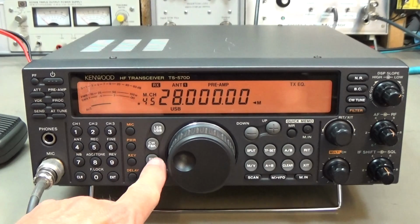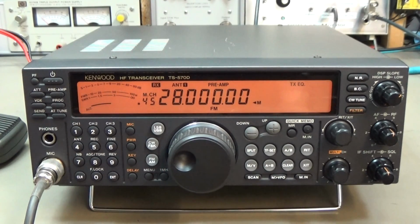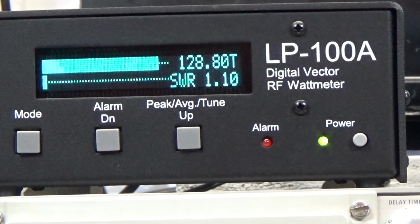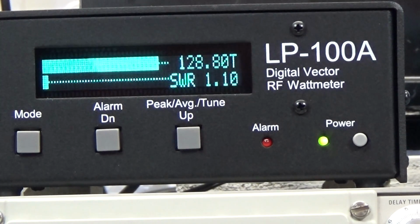So let's switch it to FM, because on FM we can check for the carrier, which was complained about as well. And secondly, we can directly check the transmitter frequency, and then we know a bit more. Okay, so let's start. I press PTT right now, and wow, 128, so the radio is putting out 28 watts over the spec, so there is obviously no problem with the transmitter, so maybe it is on a different band. But right here on the 10 meter band